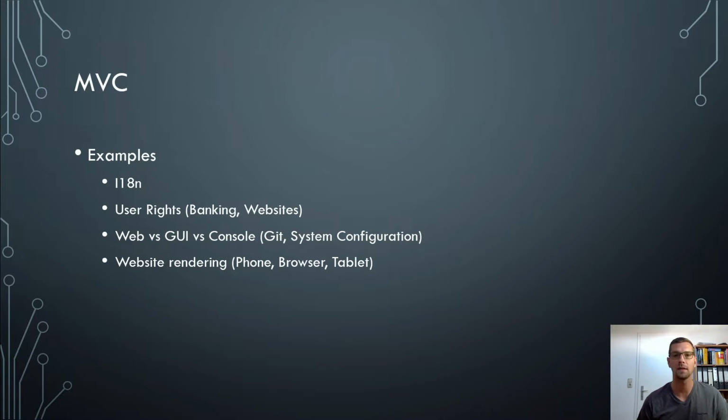Number one is i18n, internationalization. For example, on a website you can click whether you want the German, the Spanish, or whatever version of the website you want. Based on your click, the controller will decide what view to give you, and much more. If there are maybe some complicated laws or whatever, then it will also decide which model to use based on